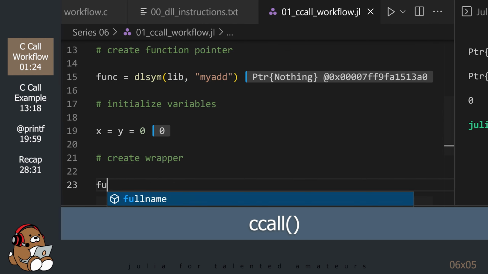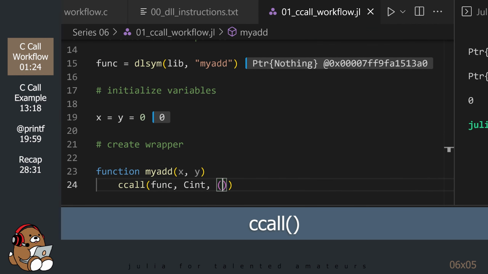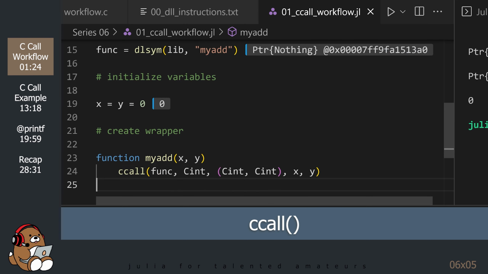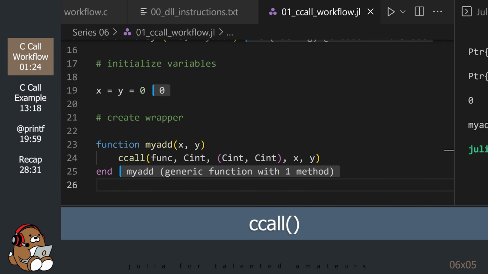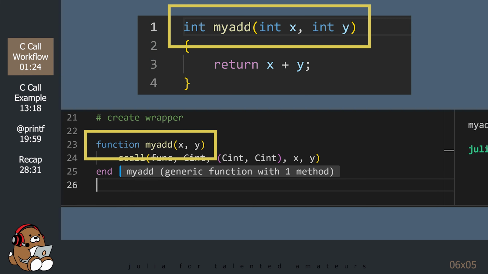Finally, we need to create a wrapper for our function. We can do this by defining a Julia function that uses the ccall function to call the function from our shared library file. I just happen to be using the same name for my Julia function as the name of the function that we created in C, but you can use any name for your Julia function.